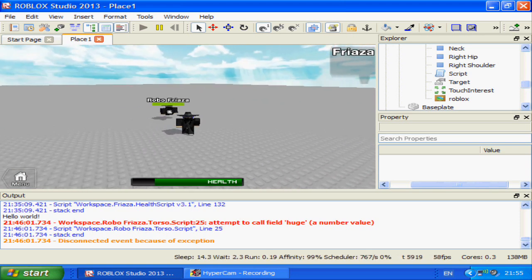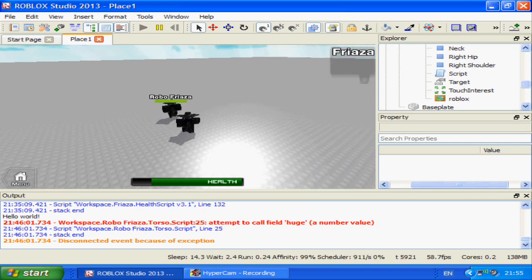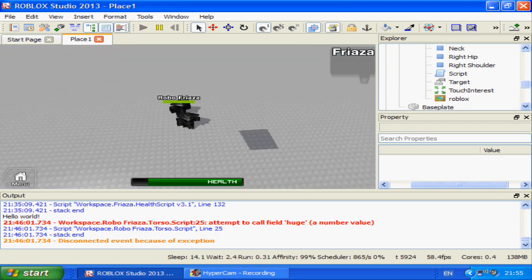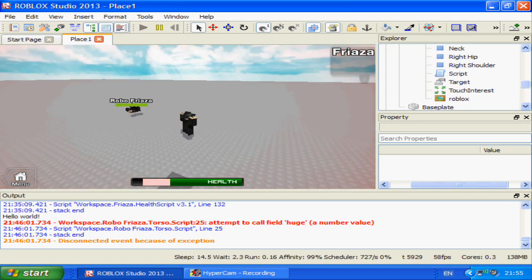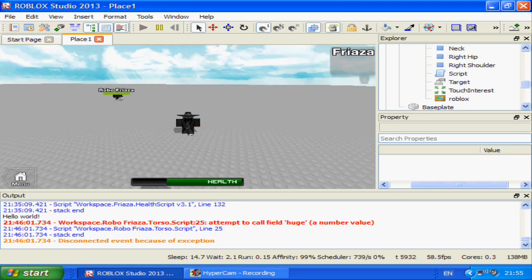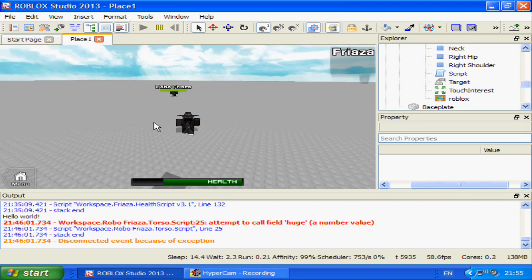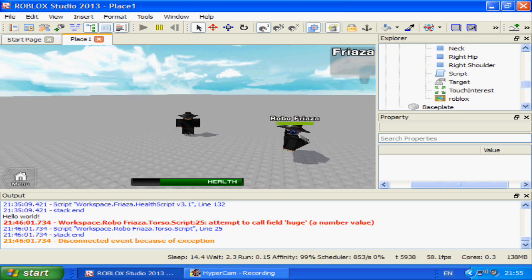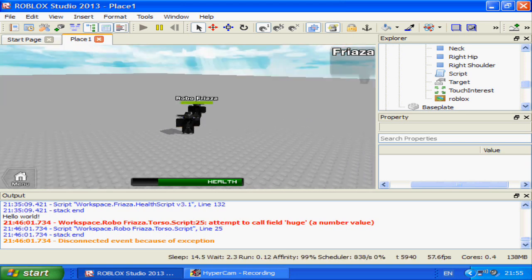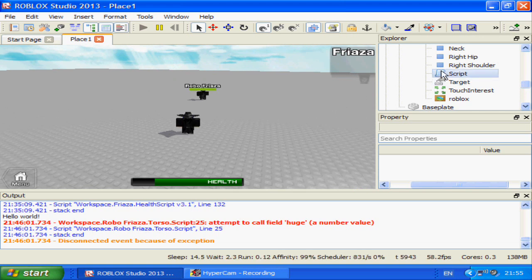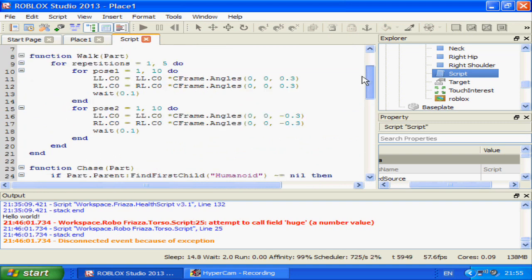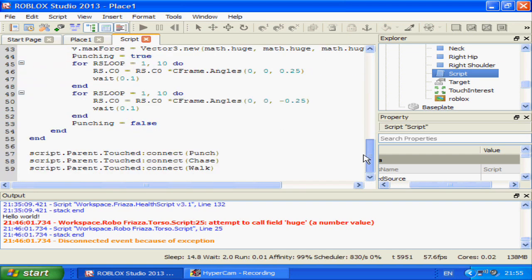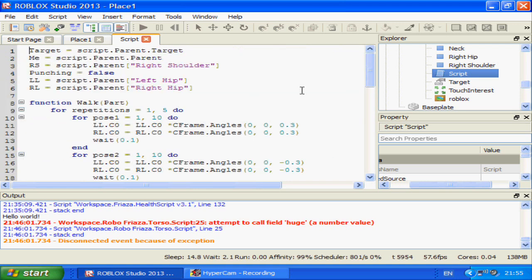Now note that the walk cycle looks ridiculous now because the walk was already messed up from before, but normally this would be a pretty decent walk cycle. Although it ends a little short, but just ignore that. It just needs some fine tuning. And now we have a ridiculous Friaza who will follow us and punch us for 10 seconds to the ends of the earth. Stop following me already, crazy robot. So yeah, this will probably have loads of errors if you touch the torso twice and stuff, so I'd work with that a little bit, but